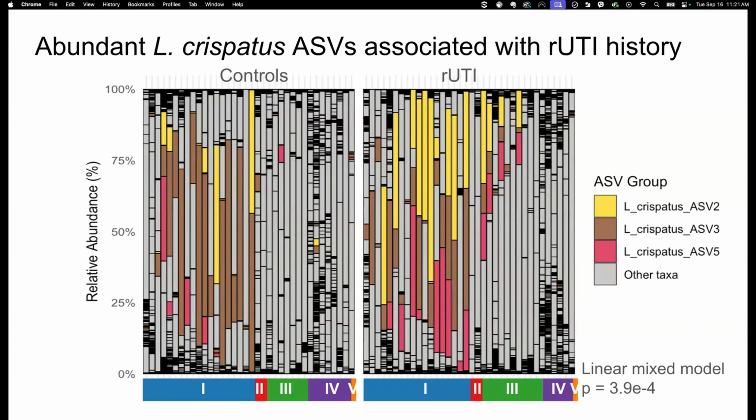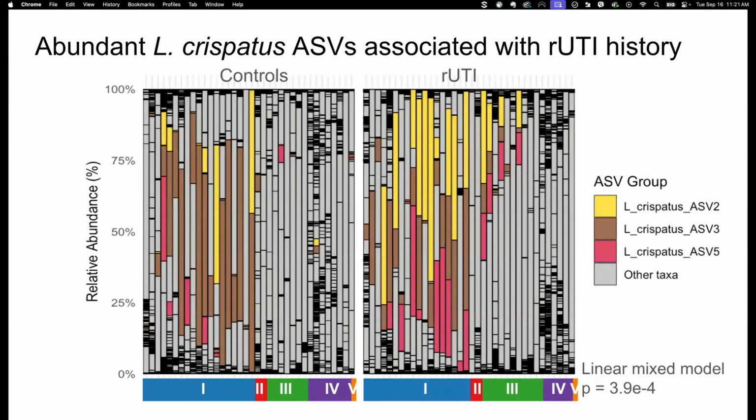And it turns out when you look at it this way, there are, in fact, a couple of Lactobacillus crispatus ASVs that seem to typify one group versus the other. So this ASV2, and to a lesser extent ASV5, seem to be enriched in our rUTI group as compared to our controls, which tend to have a bit more of this ASV3. And that was pretty cool. Of course, we immediately want to go to the next level of asking, do ASV2 and 5 matter? And if so, how? But it's a little limiting to just take the ASVs at face value.